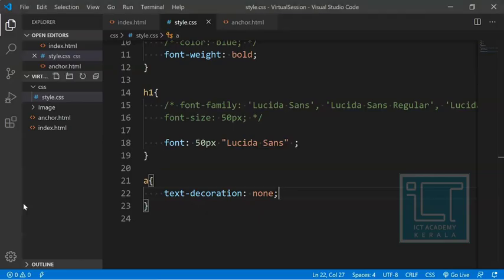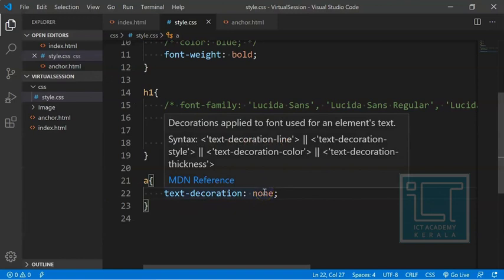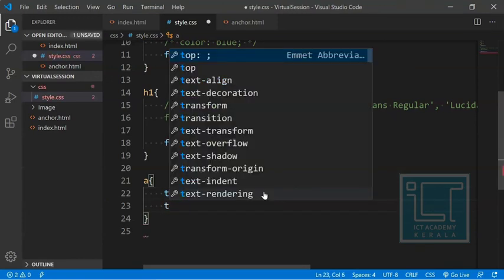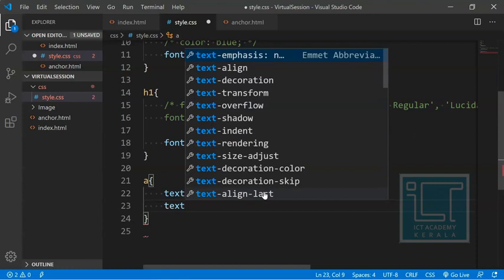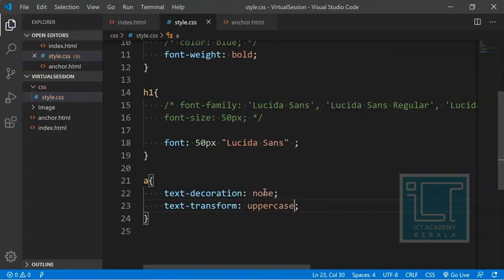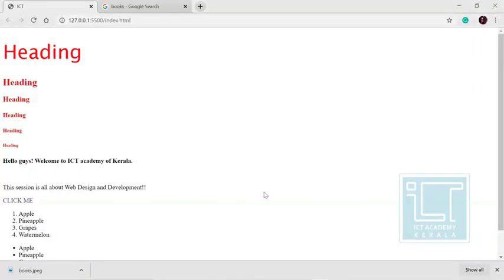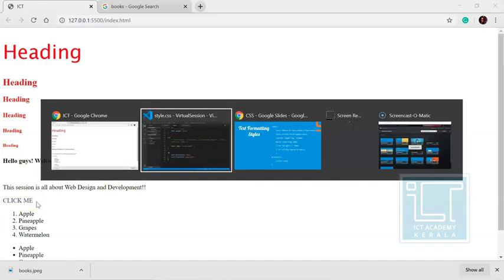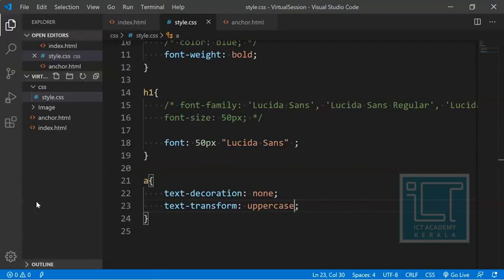Now I want to change the sentence casing to uppercase. That means I want to make all the letters capital letters. That is achieved by using text transform. We can see different options. From this, I am going to choose uppercase. So here we can see, if text transform is uppercase, all the letters will be capital letters, that is the uppercase format. Okay, so that is all about text transform.